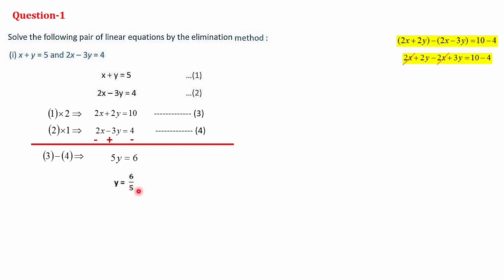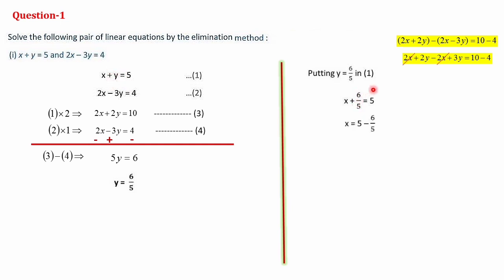And now once one variable you get, we will go for the second variable by substituting, putting y in equation number 1. When we put y in equation number 1, we will be getting x plus y value is 6 by 5. X plus 6 by 5 is equal to 1. X is equal to this 6 by 5 we can take to the right side. It comes as minus 6 by 5. So x is equal to, when you take 5 as common LCM, 5 into 5, 25, minus 6, 25 minus 6 by 5, that is equal to 19 by 5. So we have got x as 19 by 5, y as 6 by 5. This is our solution. X is equal to 19 by 5 and y is equal to 6 by 5.